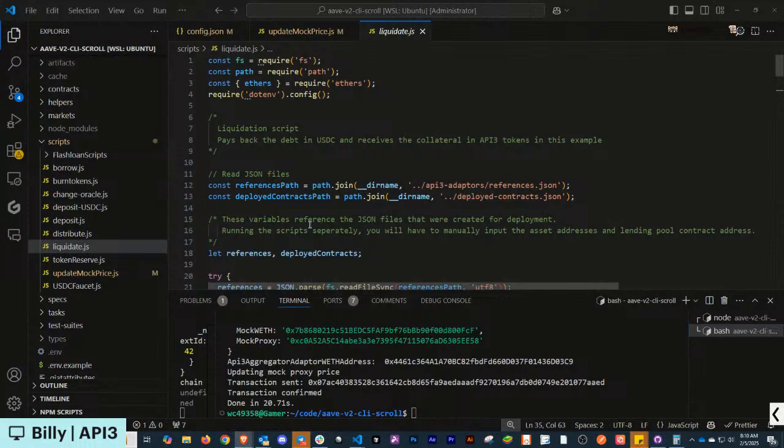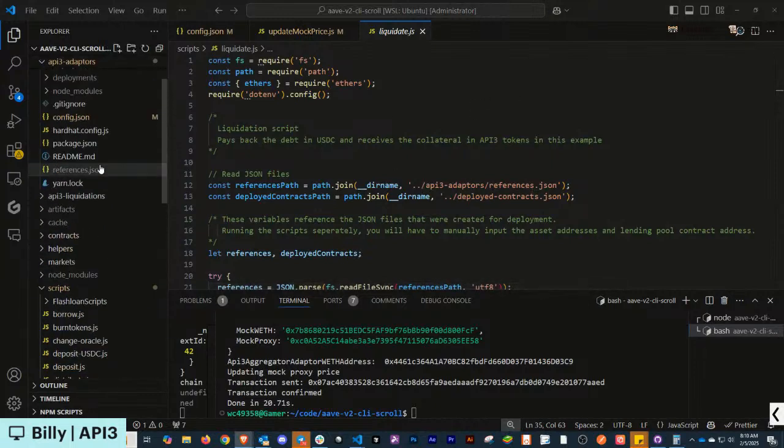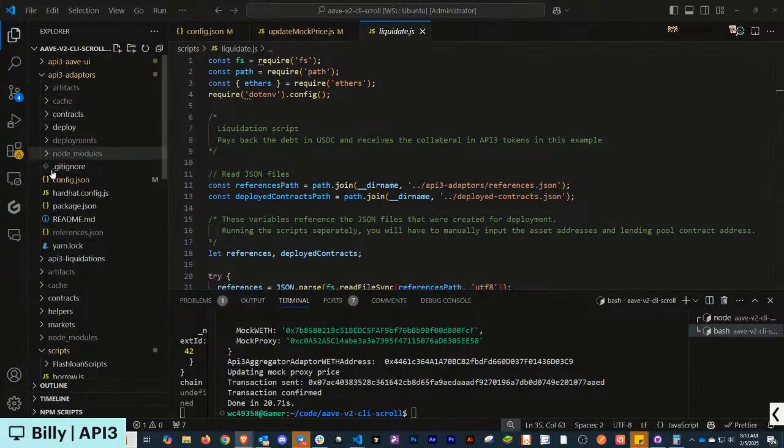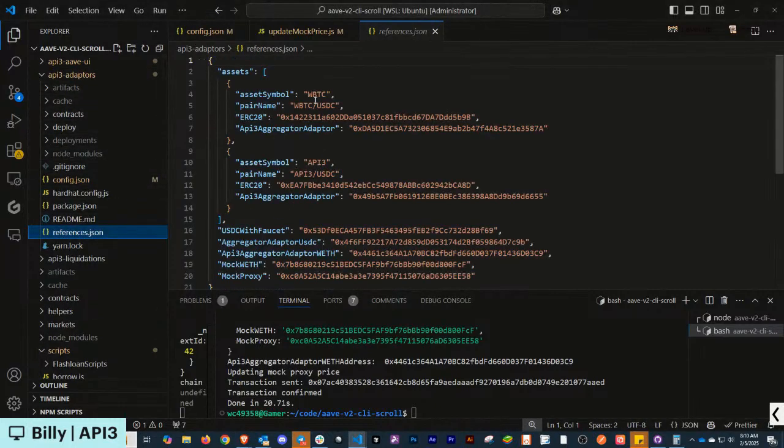This is a learning platform, right? So I want you to understand each piece. And I always use references to the references that we have here. Remember on the last one, we have our adapters. When we deploy, we have all our references for all our tokens that we deployed. So you can see all your tokens and all the oracles they use on the adapters.